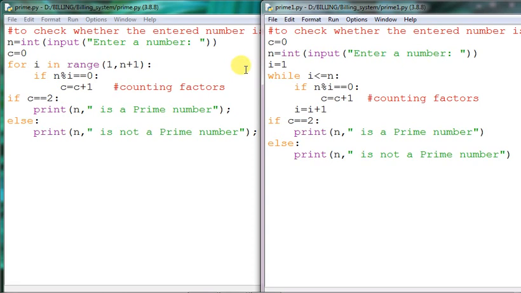Okay, but while is not equipped with such kind of facility, that's why I equals to I plus 1 has to be given in order to update the previous value. Otherwise the loop will not be animated, it will remain in its place only, and the loop will become infinite. So in order to get rid of that infiniteness, we need to always give the updation step in any while loop, whether it is prime number, whether it is any other kind of program or any other series printing or something like that. Okay, we need to have the updation step. And rest of the programs are all same, there is no difference as such.